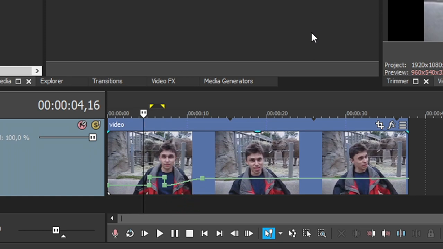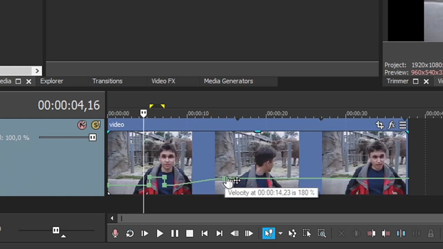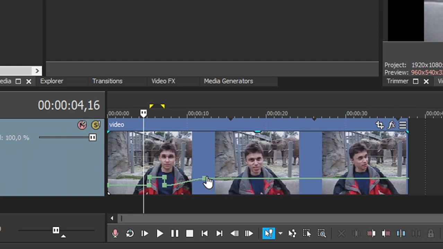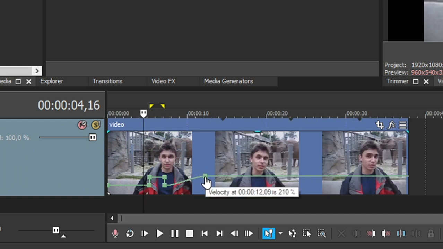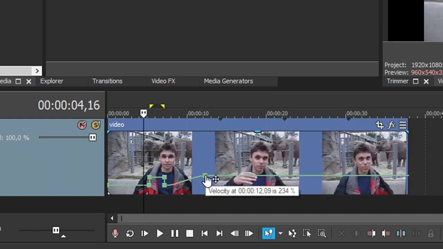You can make the transition faster or slower by moving the point closer or farther away from the previous one. To make sure it does not jump up or down, keep the Alt key pressed. This way, it will only move left or right. You can change the velocity roughly by simply dragging it up or down, or by increments of 1 by holding